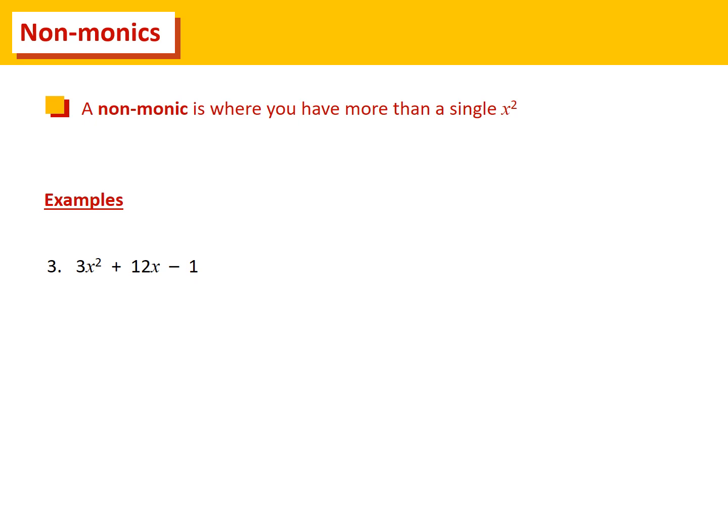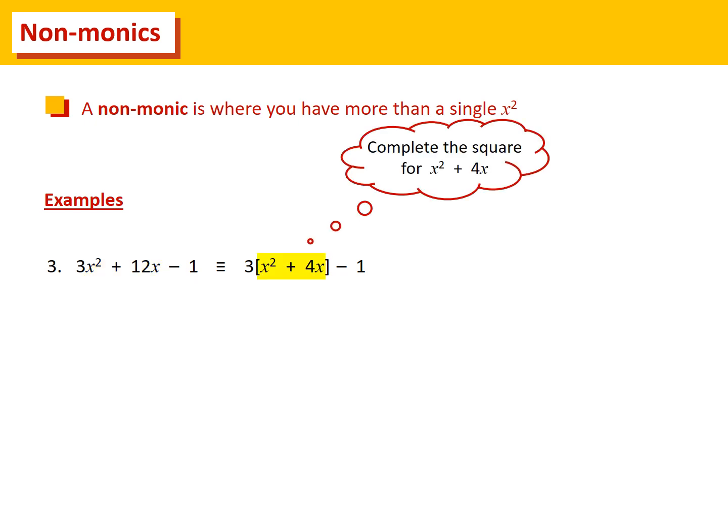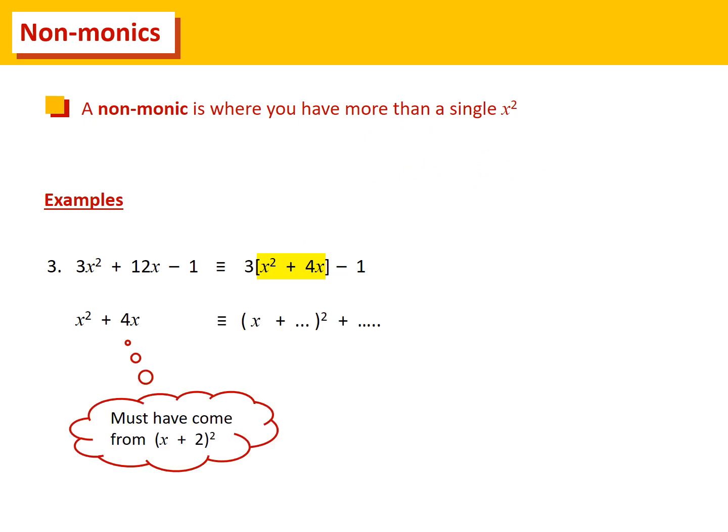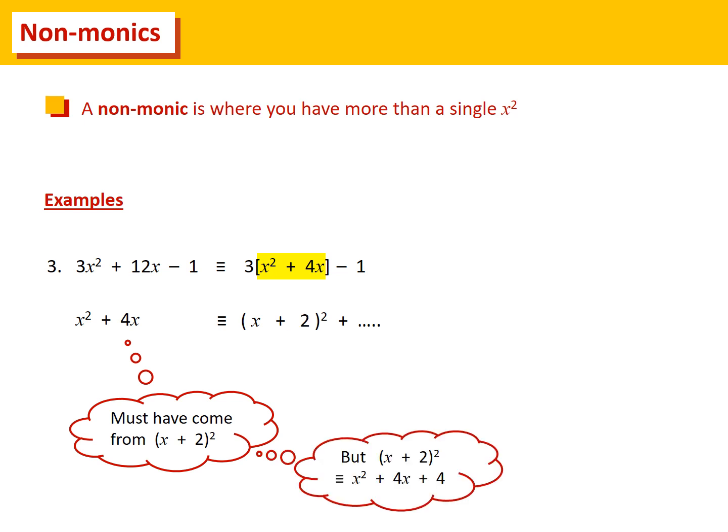And lastly, example 3. Once again, we concentrate on the x squared and the x term, and this time we're taking out a common factor of 3. So just pause and check that the right hand side does equal the left hand side. Check you're happy with that. We then focus on the square bracket. X squared plus 4x must have come from x plus 2 whole squared,